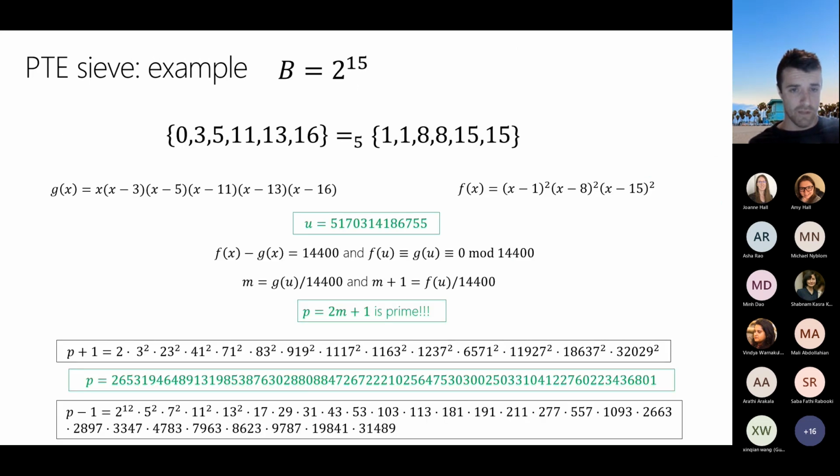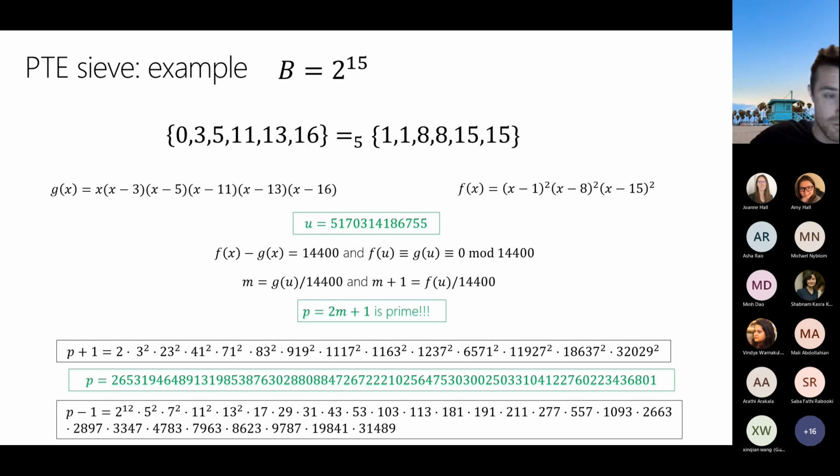And here's an example that we found using 2 of those polynomials. It's using this PTE solution of size 6. So they're the two sets. Those two sets are sets of integers where all of their sums, and the sums of their squares all the way up to the sums of their fifth powers, will be equal. That's why we can write those two polynomials f of x and g of x that must differ by this constant 14,400. And we searched over different values of x until we found one, and that given value of u in green was such that f of x and g of x are both smooth,